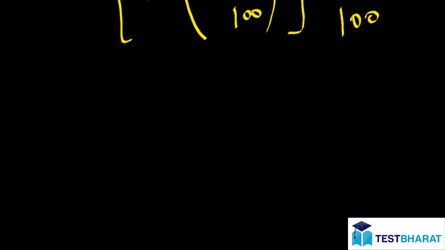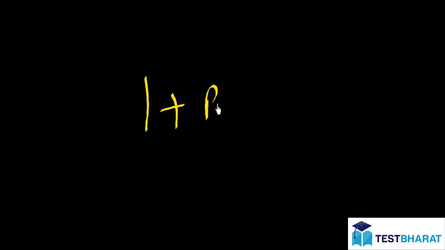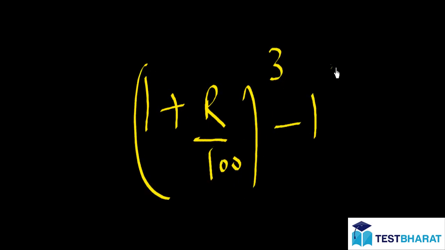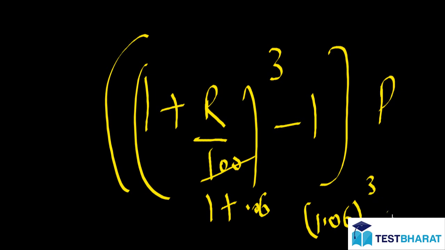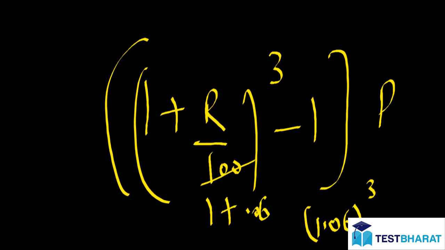Otherwise what you have to do is, you know the standard formula, that is 1 plus R upon 100, and then cube it, then subtract 1 and then multiply with the principal. So cubing it will take a lot of time because you cannot easily cube 1 plus 0.06. So 1.06 cube, that's a 3-digit number cube. That will take a lot of time. So don't just multiply 106 with 106 and 106 and adjust. This is the wrong method.